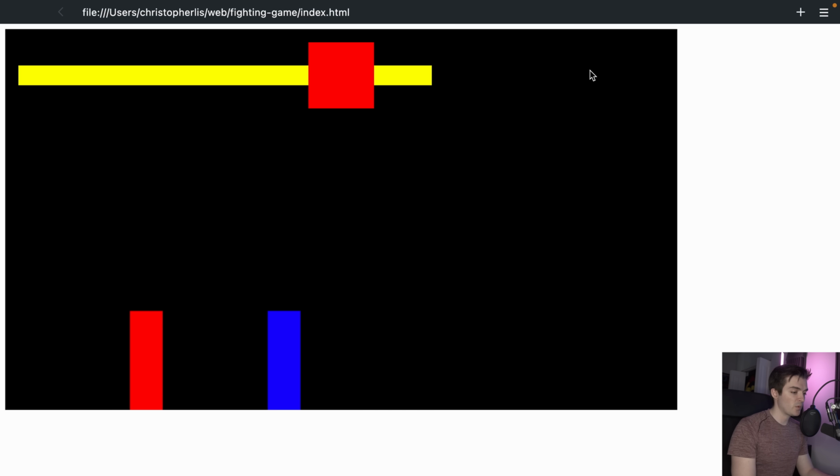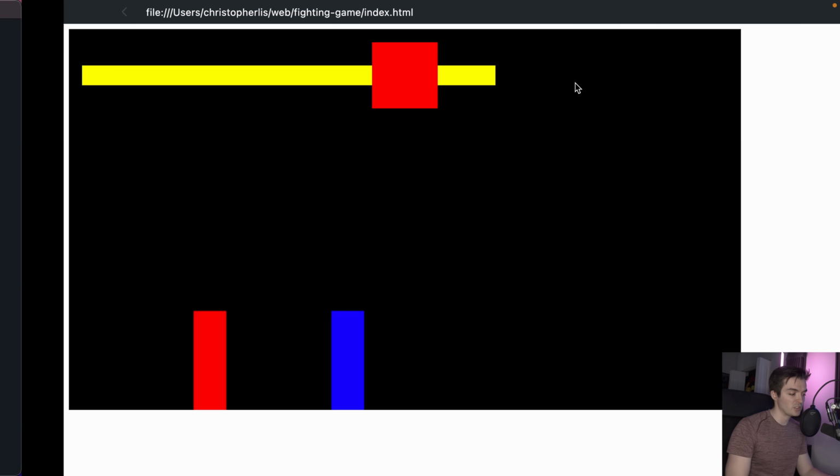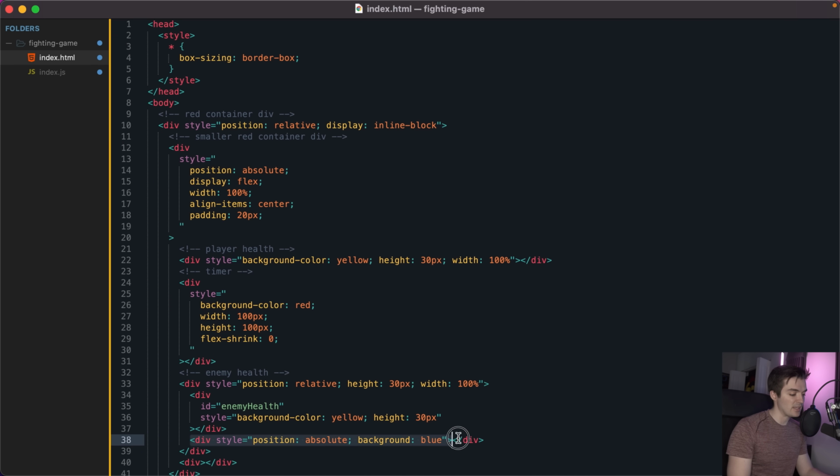That is great. But one thing is, we don't know the full extent of our health bar because we don't have any background div right here saying how much health was there to begin with. You'll see this a lot in traditional fighting games. There should be some sort of background div right here indicating how much health was there originally. We actually set this up by adding in the second div right here with position absolute and a background of blue. So we want to make sure that this div right here takes up the full width and height of